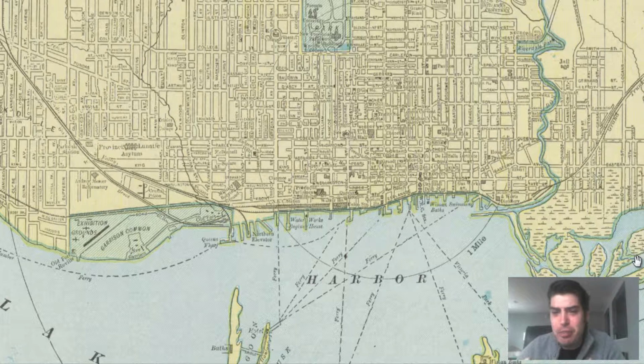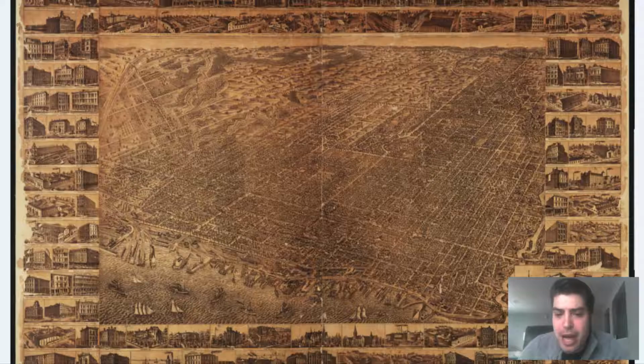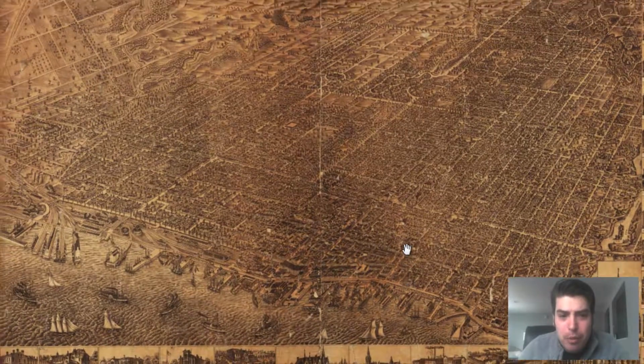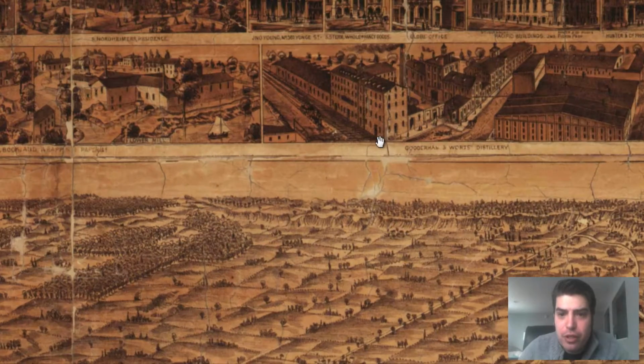Let's dive into this map and explore and examine. We have other maps too. This is a 2D overhead map. It's just loaded with information. If we look at some of the other maps, this gives you a bird's eye perspective. It's a little bit haggard and old, but we've got street views of